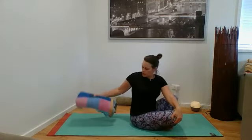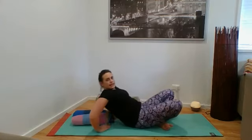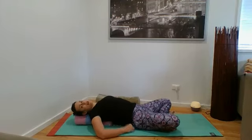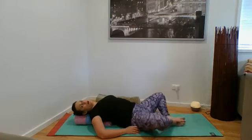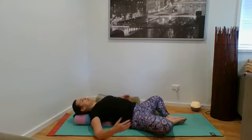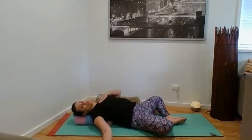So grab your thick double wrapped beach towel, and you want to make sure you can lay down so that your head is resting nice and gently. I've got my legs crossed here. You might prefer to have your feet, soles of feet touching, and allowing your shoulders to externally rotate by having